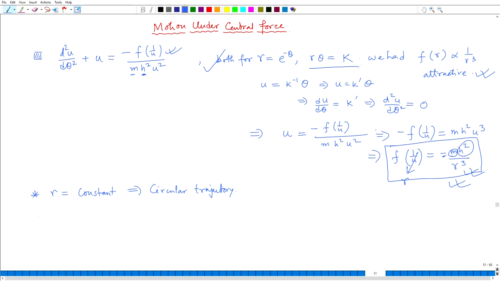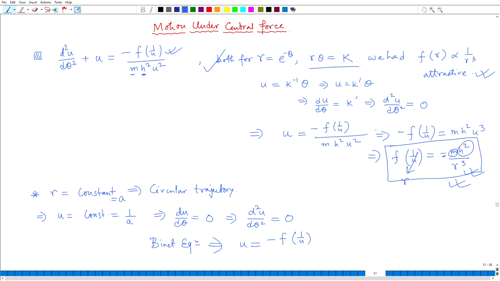So, r is equal to constant simply tells me that u is also constant. Okay, r is equal to constant, I can say a. So, u is equal to constant, equal to 1 over a, but in both cases du/dθ is equal to 0 and d²u/dθ² is also equal to 0. Then Binet equation gives